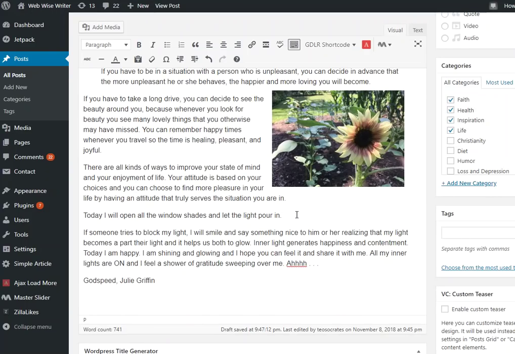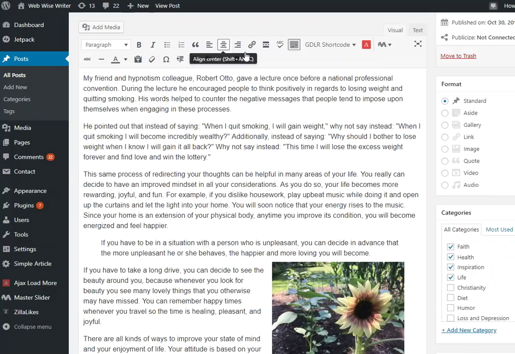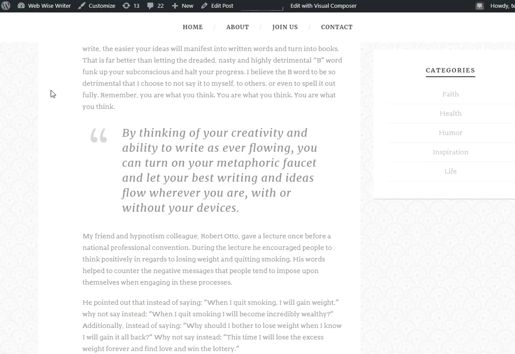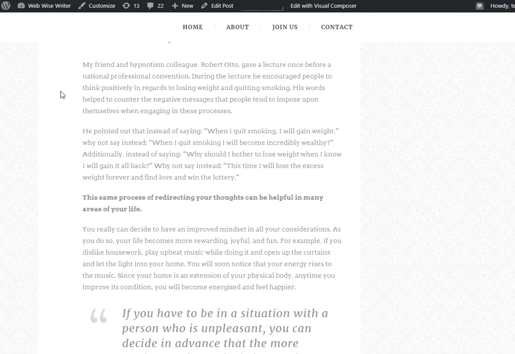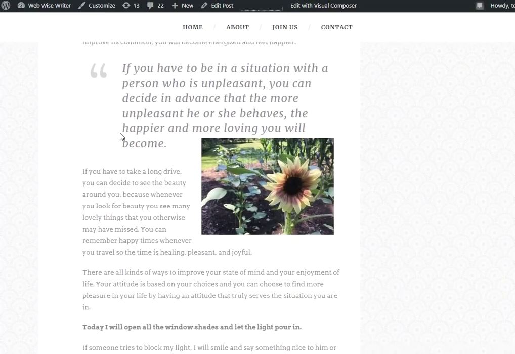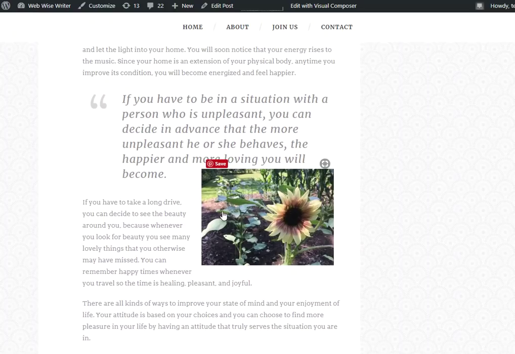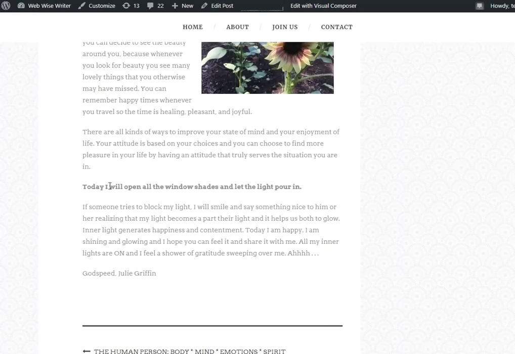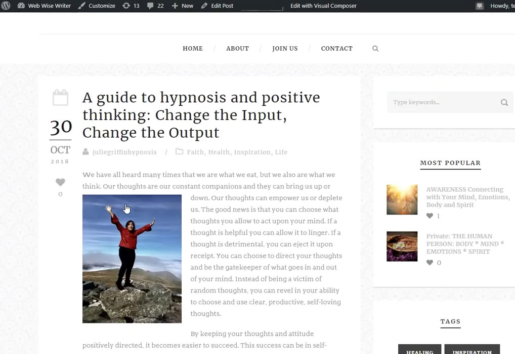You can also just break the paragraphs up a little bit. Maybe take one short sentence and put it in bold. I might do that again here. So now if I refresh the page, it should just be broken up a little bit more. This bold text and this font I don't actually love because it makes it a little bit hard to read. And this block quote is too close to this picture, so I'll have to move that picture down. But the block quote, the dark text, does make it stand out a little bit.